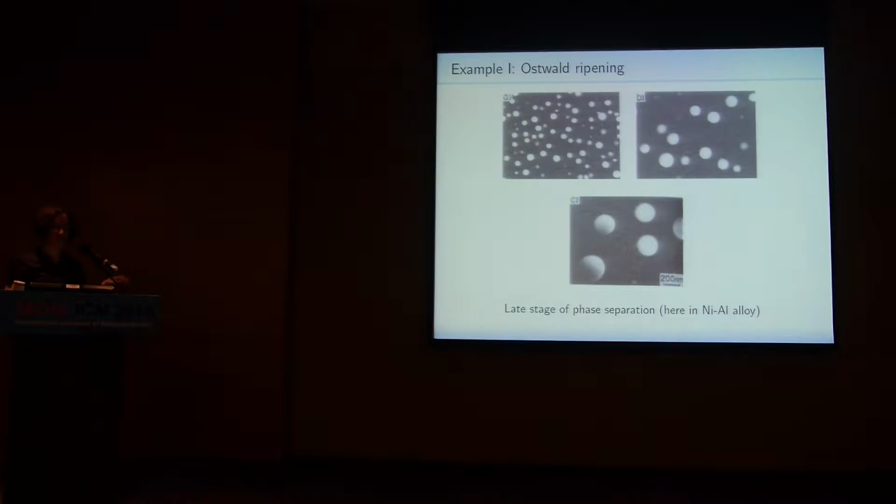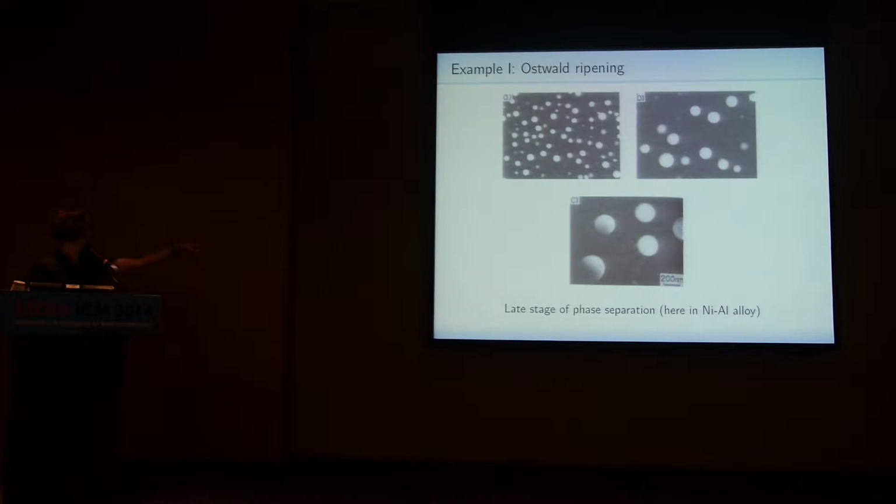And then the system has separated locally everywhere, but there's still a lot of surface area present, so there's lots of surface energy still in the system. And the late stage of the evolution, that's what we are interested in, is driven by the desire of the system to reduce the surface energy. And the mechanism which is dominant here is that mass diffuses from the small particles, these are the ones with relatively high surface energy per volume, to the large particles, these are the ones with low surface energy per volume. And in that way, the large particles grow, the smaller ones shrink and disappear. And you see this coarsening of the microstructure.